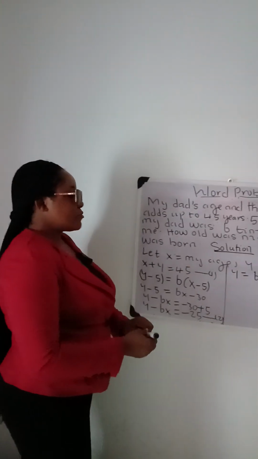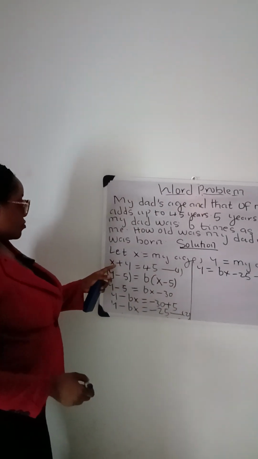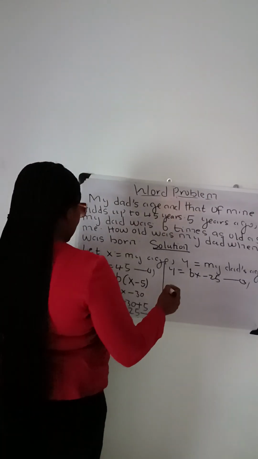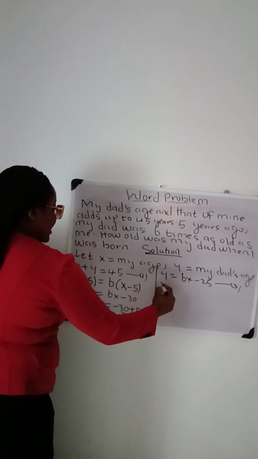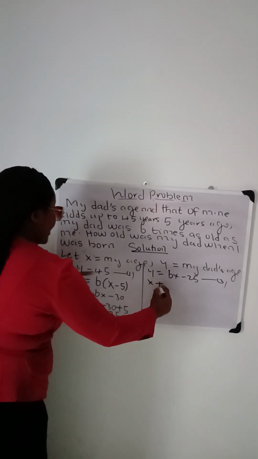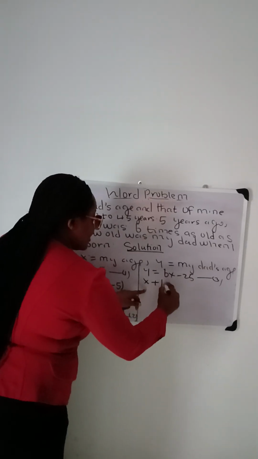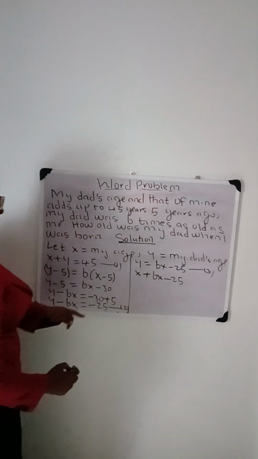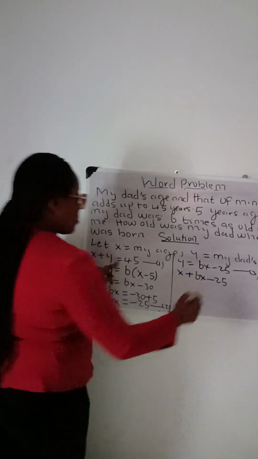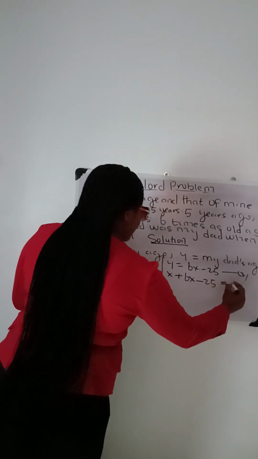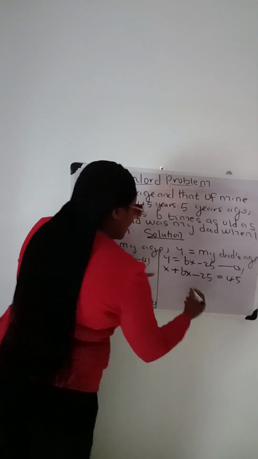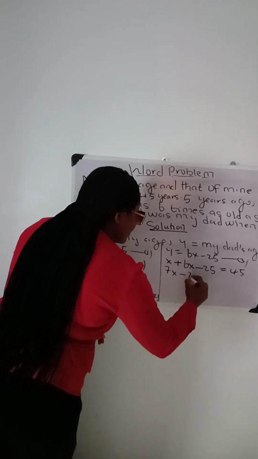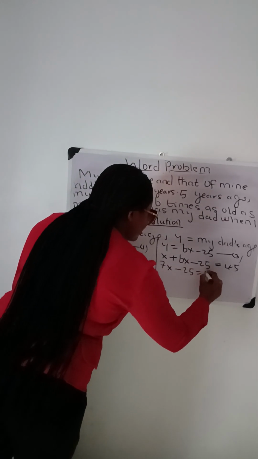When we substitute equation 3 into equation 1, that is wherever we see y, we put that expression, we can clearly do this. X plus the value of y, which is what? 6x minus 25, okay, is equal to 45. So when we simplify this, we have that 7x minus 25 is equal to 45,